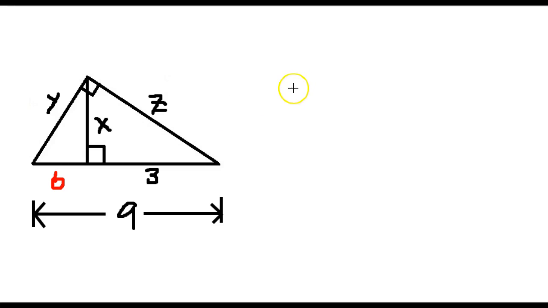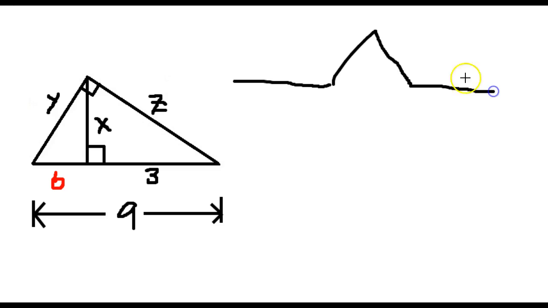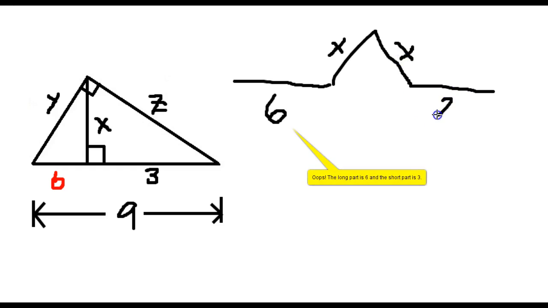So if we start with the first schematic, it goes like this. Okay, so we have 6 for the short part of the hypotenuse, the altitude is x, the altitude again is x, and then the long part. I got those backwards, didn't I? Okay, the diagram itself may not be drawn to scale. So the long part of the hypotenuse is 6, the short part is 3, and the